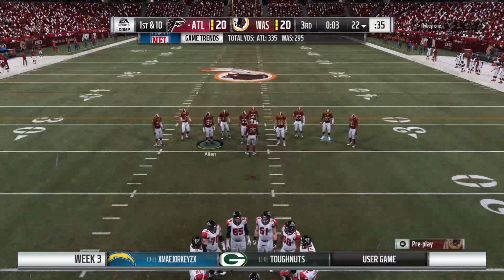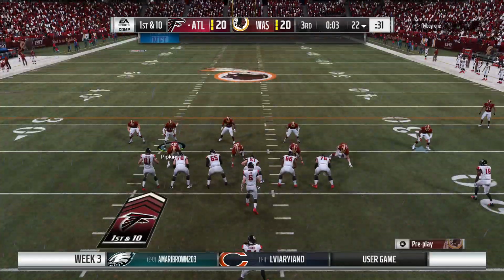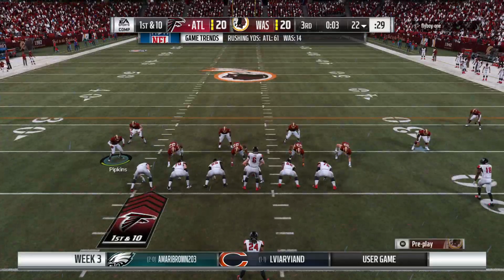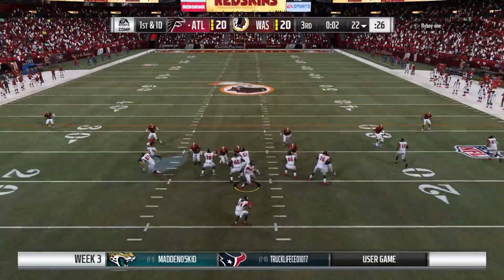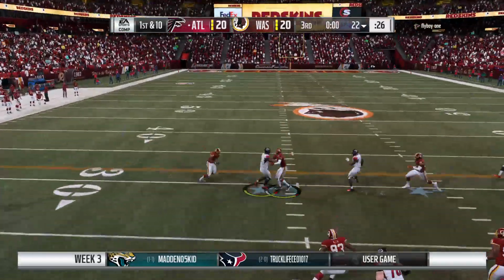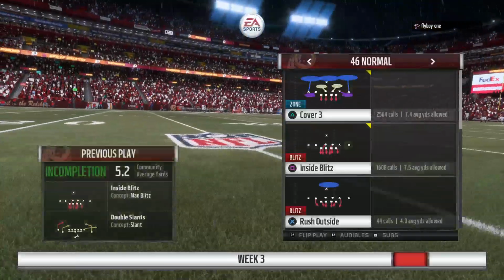And last time they got 3 points, but it was a chip shot field goal. And when you go to the sideline after a chip shot field goal, maybe the offense not too happy. It's a balancing act, isn't it? Because you're exactly right. They're none too pleased that they didn't punch it in for 6 points. But you also have to remember, they did put points on the board. 3 points is 3 points. And in this league...